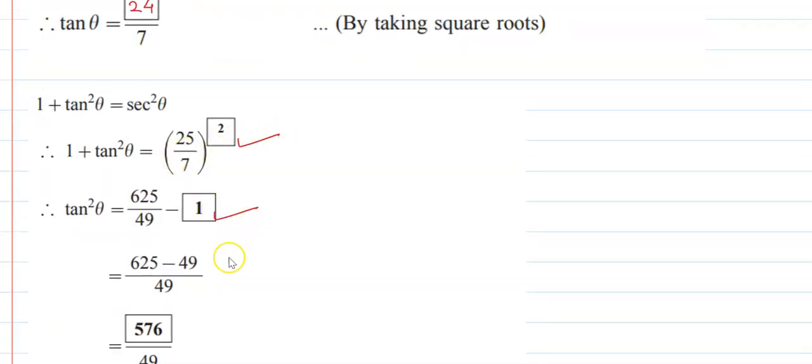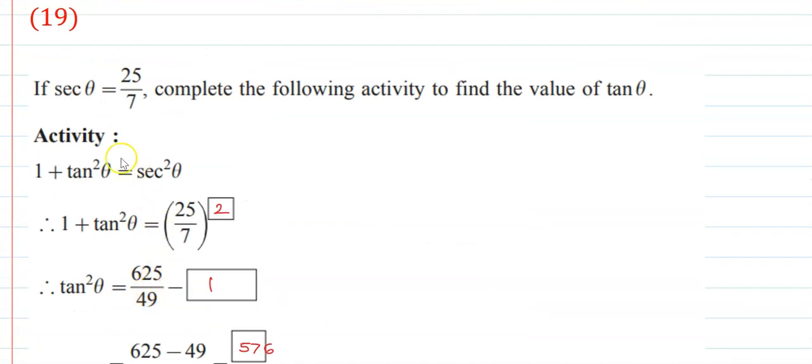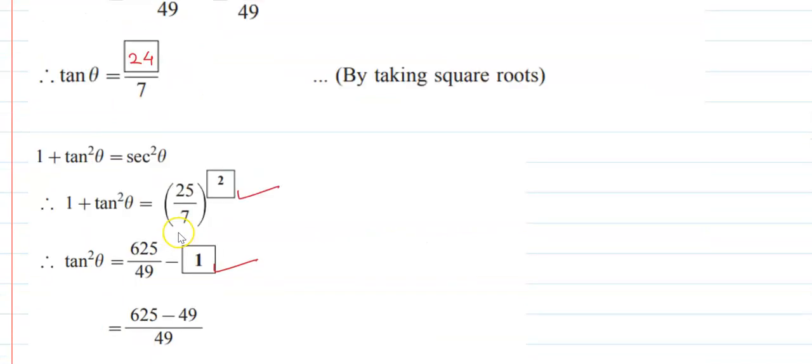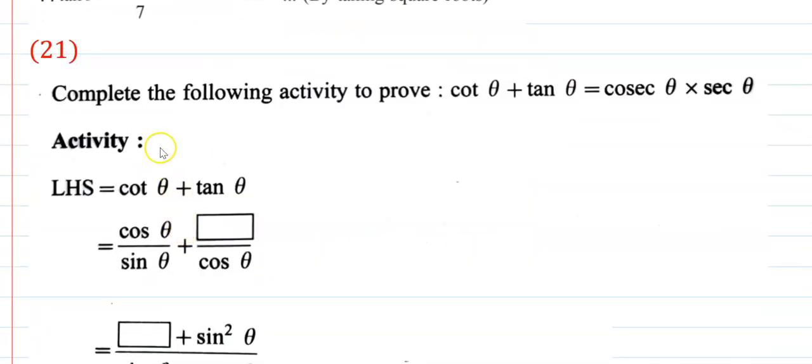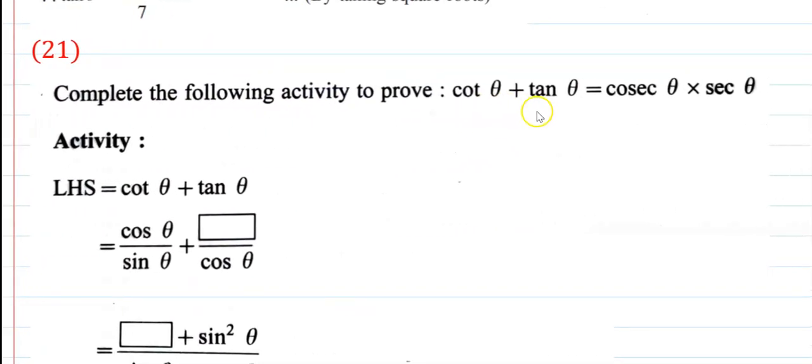First is 2 minus 1, and their subtraction is 576; taking the square root, you will get 24. Therefore, tan theta is 24 upon 7. In this way, we have completed this activity, that is, finding the value of tan theta when sec theta is equal to 25 by 7. Next, complete the following activity to prove that